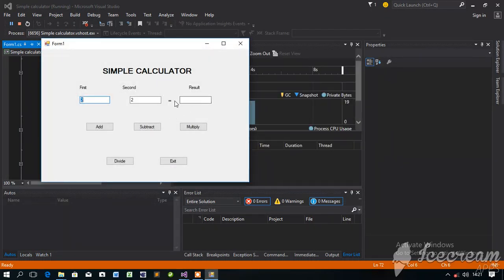This is what I was saying. If you add 2 in TextBox1 with 2 in TextBox2, then the result will be in the result text, which is TextBox3. Then if you subtract 2 minus 2, the result will be in TextBox3. Then if you multiply, it is the same, the result will be in TextBox3. Then if you divide,